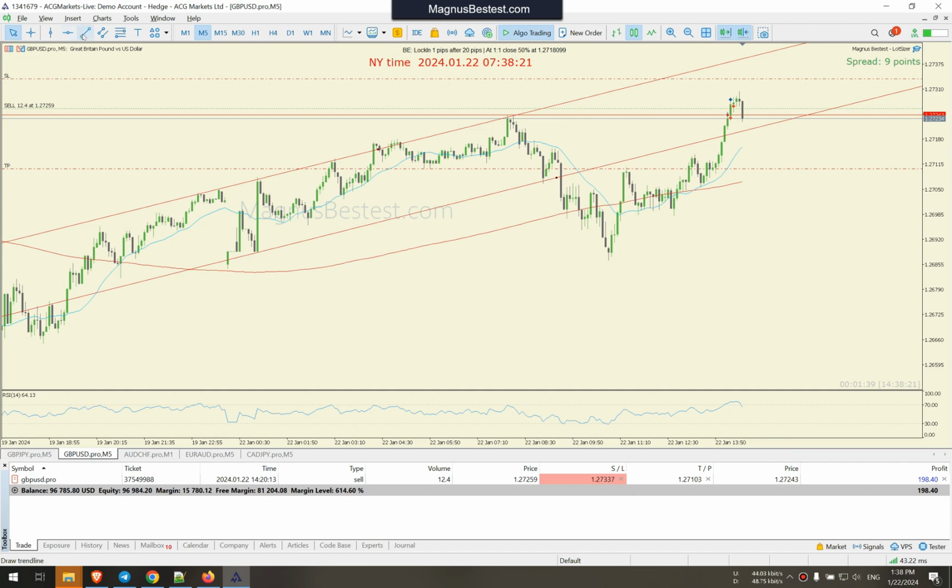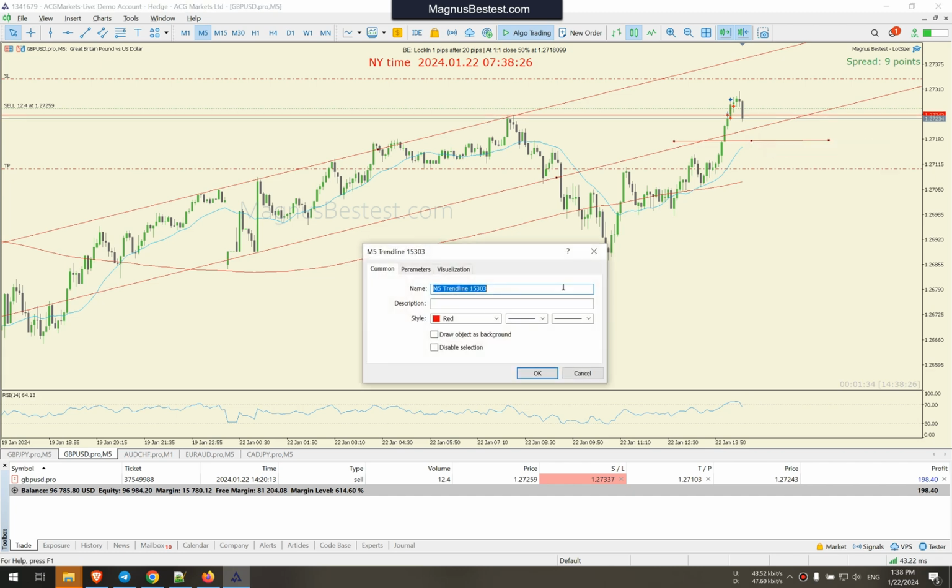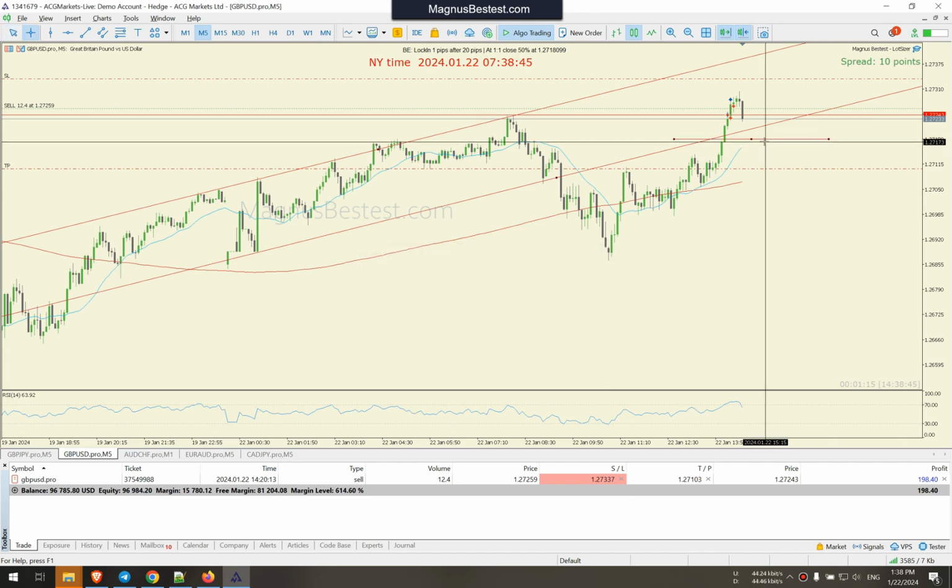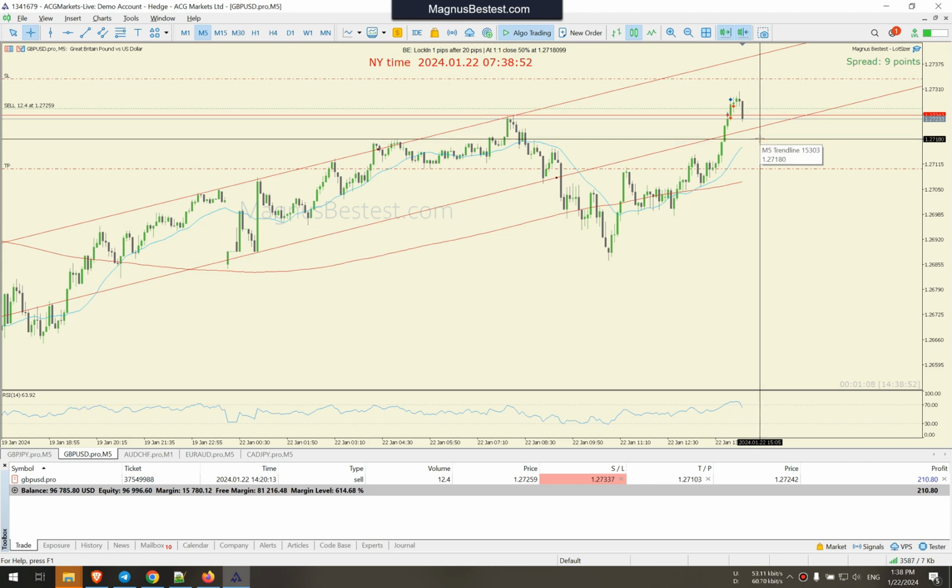Now let's do the trend line like this, and the position is simply 27, 18, 99. Okay, we cannot do even more precisely like this. So this is our level